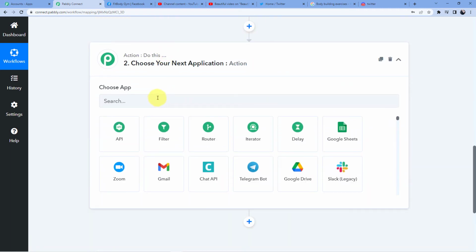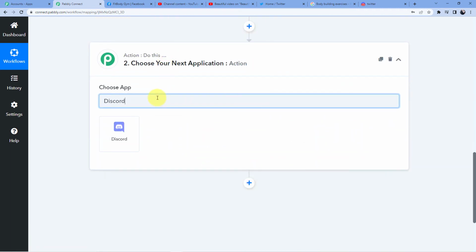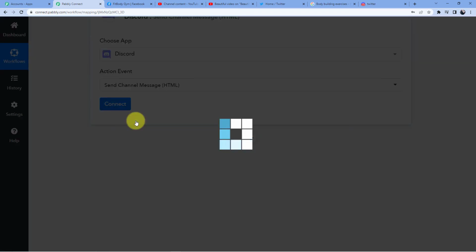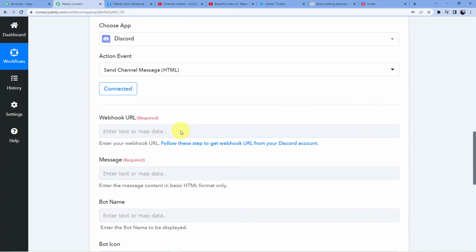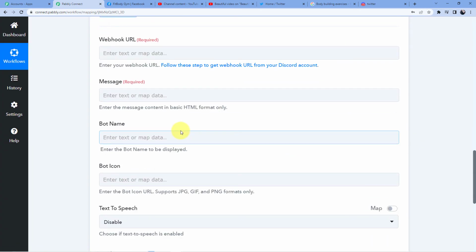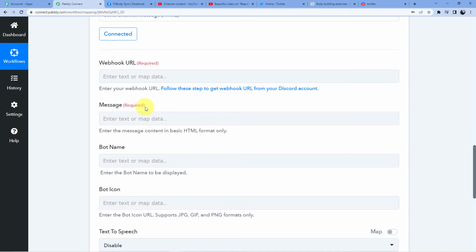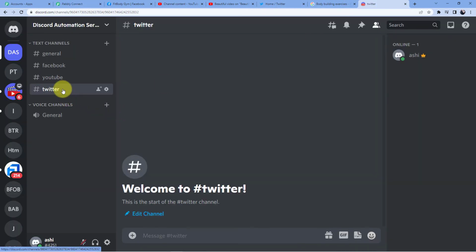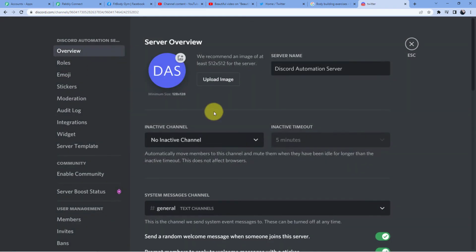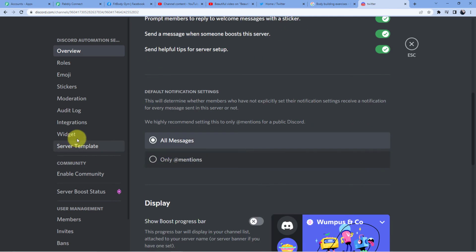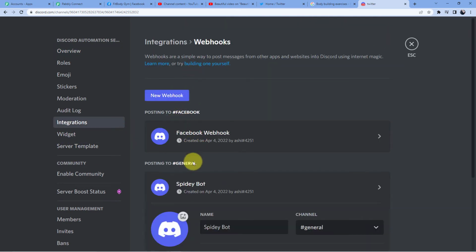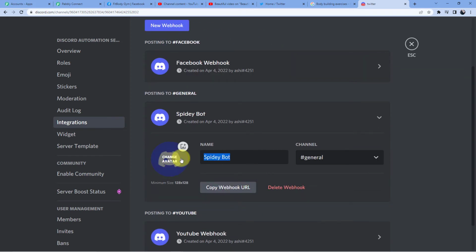So here we are going to choose our action application, which is Discord, and here send channel message. Click on connect again, and it will automatically get connected because we connected it a few moments ago for Facebook and YouTube. Now webhook URL. So you will go back to Discord here, server settings, go for integrations, and now add webhook here,